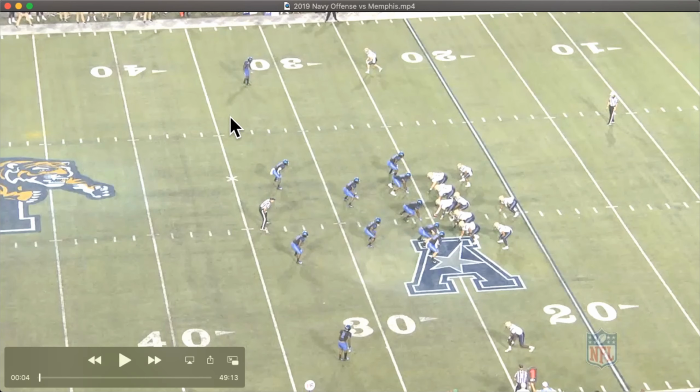Man coverage on the outside, press man coverage on the outside, drop the free safety, play the rover right in the middle of the field, take away that middle and let that guy rob and rove a little bit here, and then against the run, that guy comes downhill hard. So that's pretty much traditional Florida State defense, and there's a lot of similarities personnel-wise with what you're getting here with Fuller. So you're going to get that rush end, you're going to get the boundary safety, who they call